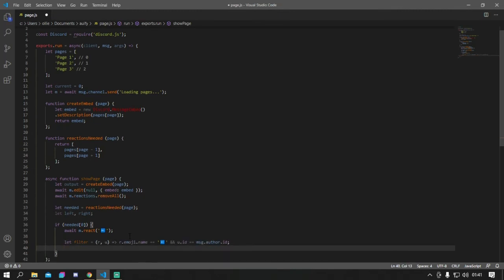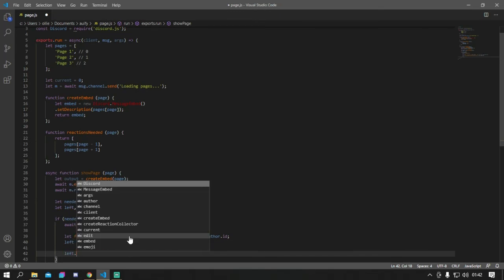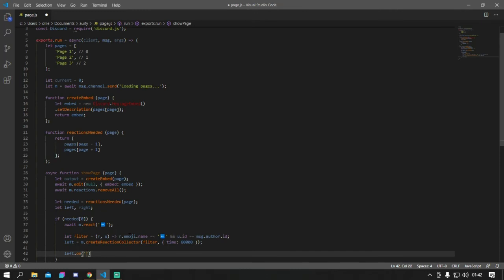We'll then set the left variable to a reaction collector, which listens for reactions. We're going to pass the filter through, and we're going to add a timeout of 60,000 milliseconds, or 1 minute. We'll then listen for any react events. So on collect,